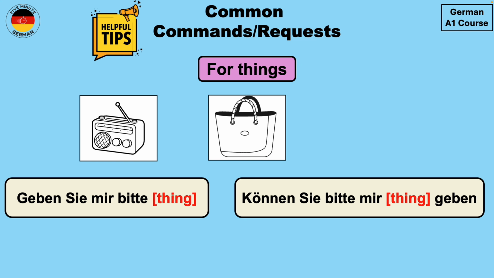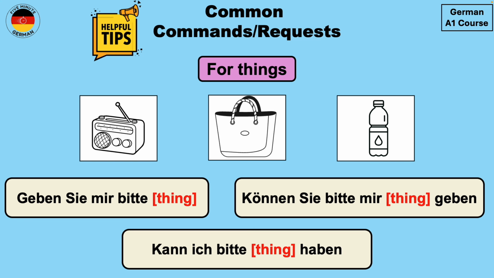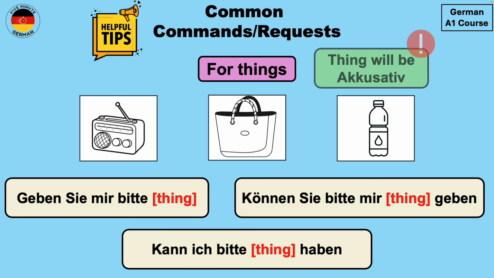And as I said, these requests will work with any object. So even if you have, for example, this water bottle over here, so die Flasche, then you can say, Geben Sie mir bitte die Flasche. Or Können Sie bitte mir die Flasche geben? Now if the other person has already used these requests, then you can also use the request, Kann ich bitte die Flasche haben? Or kann ich bitte die Tasche or das Radio haben? One important thing to remember over here is that the thing will always be in accusative when you use these